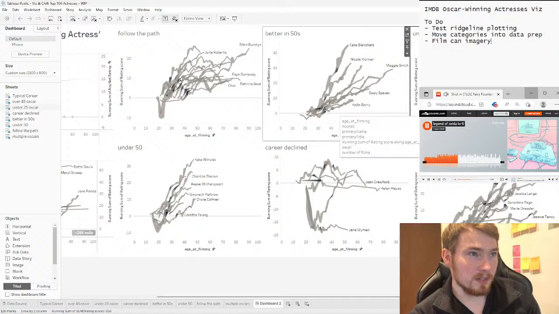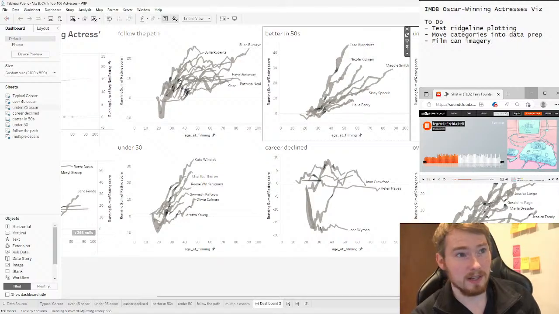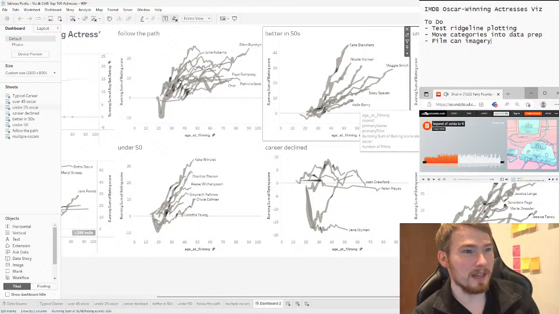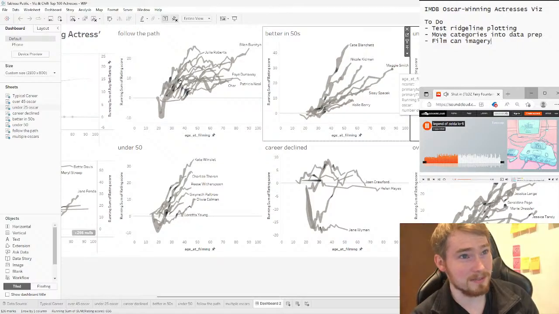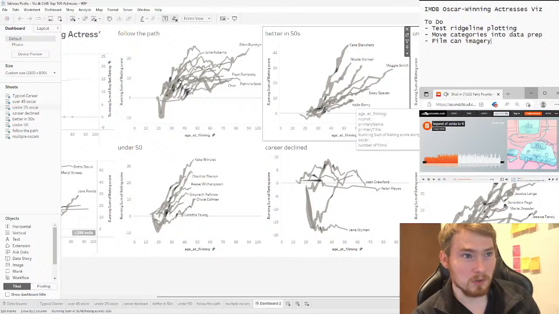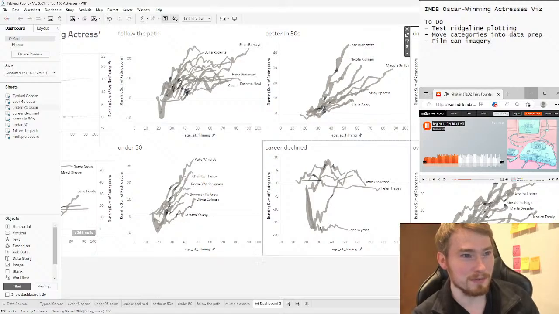So we're seeing some here where their careers were actually better off as they got older. If you like, they really came into their own in their 50s. For example, Maggie Smith, if you've ever seen things like Downton Abbey, is a fantastic actor for that kind of older lady character. She was surely very good in her youth, but you can't think of her in any other role at the moment.